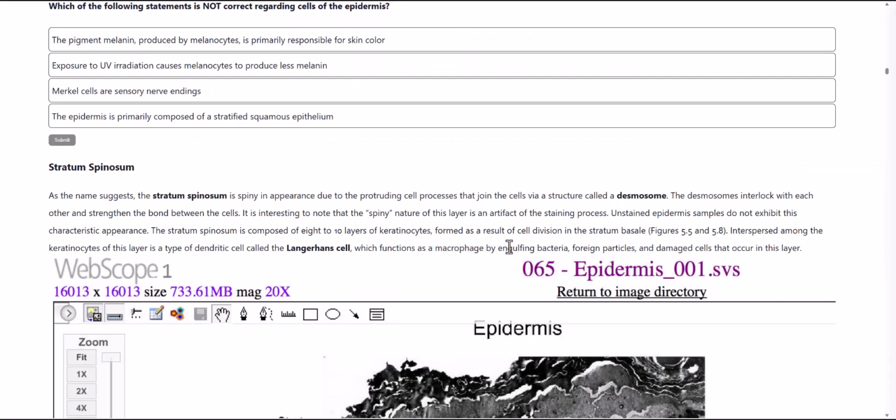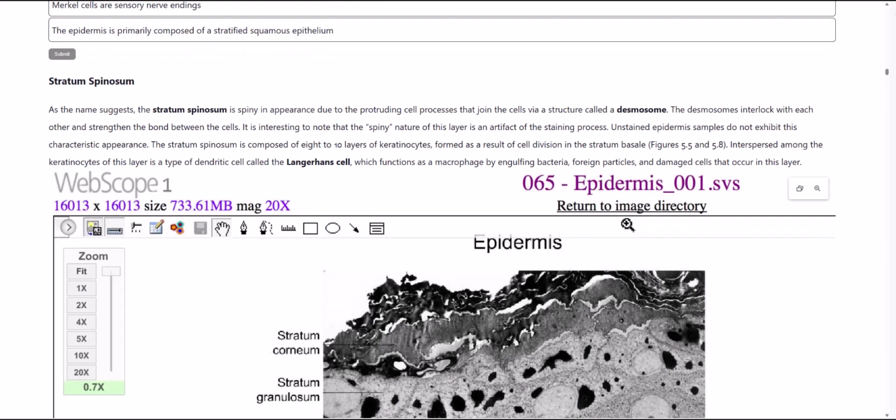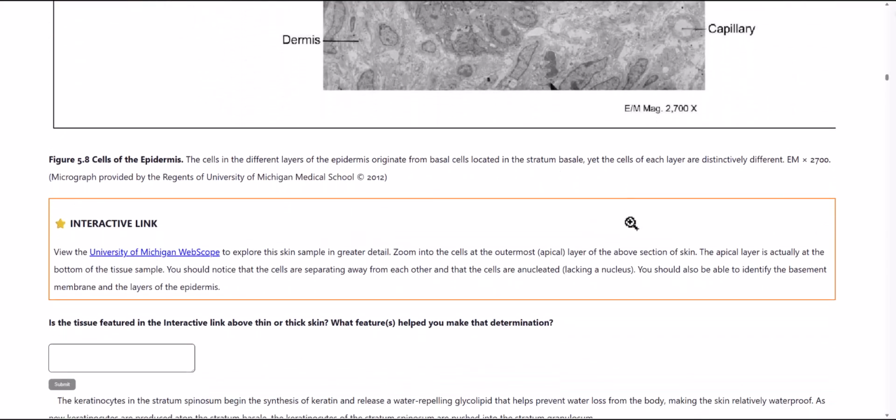Macrophages are there to engulf, to eat up bacteria that might get down into the stratum spinosum. Also, they can help remove foreign particles. They can also help remove dead and dying, damaged cells that occur in that layer. If we take a look,